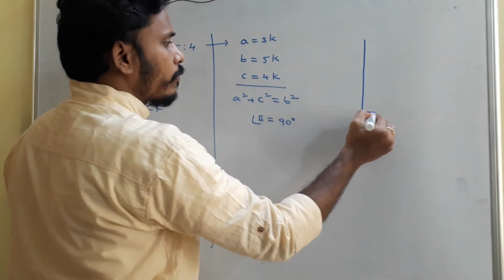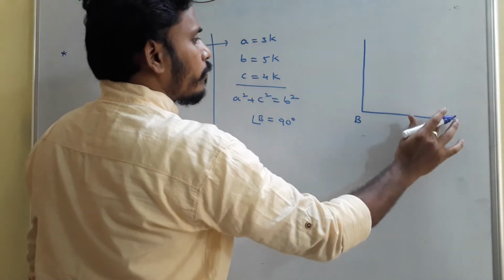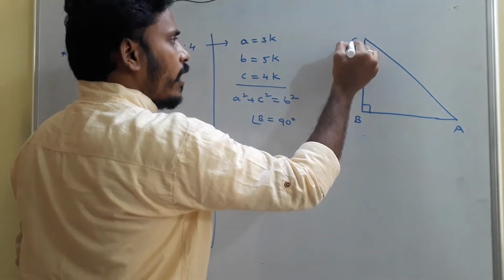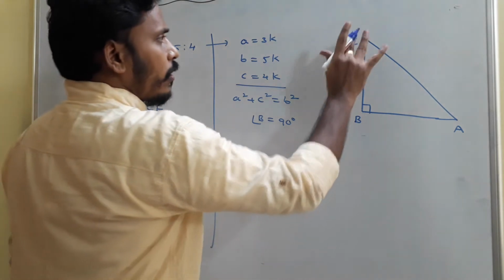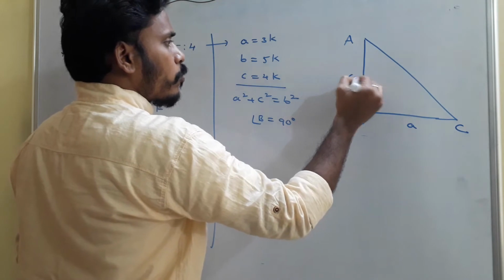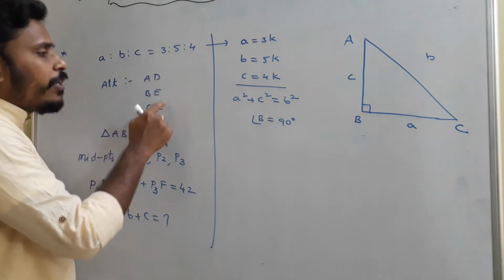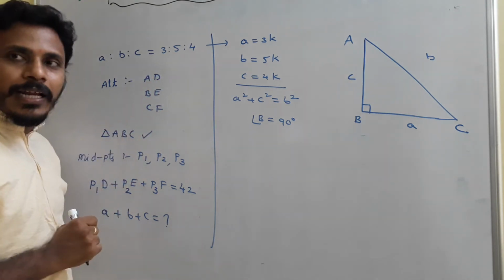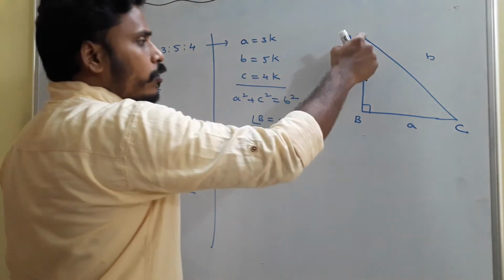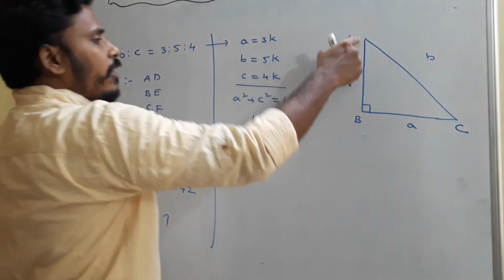Just look there. If B is 90 degrees, so if you join A, at B it is 90 degrees and this is C. Or you may say here you just take it as A because it is somewhat smaller in length. This is C, this is small a, this is small c and this is B. And as they mentioned, AD, BE, CF are altitudes. Because it is a right angle triangle, AD is the altitude from vertex A to the opposite side BC, right? So what do you say about that altitude AD? That AD is simply the same as AB, I think.